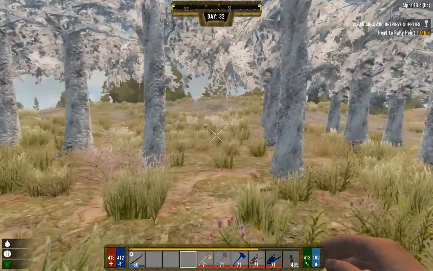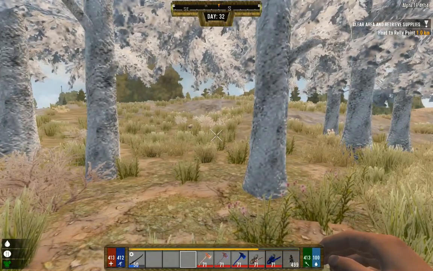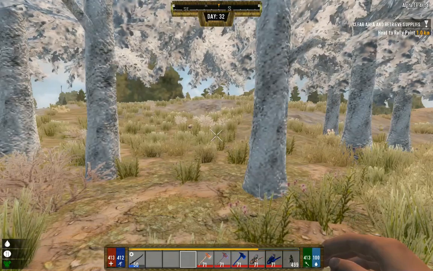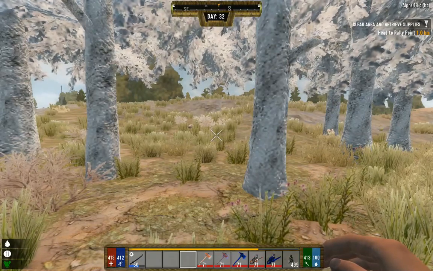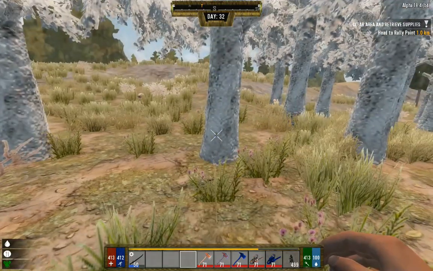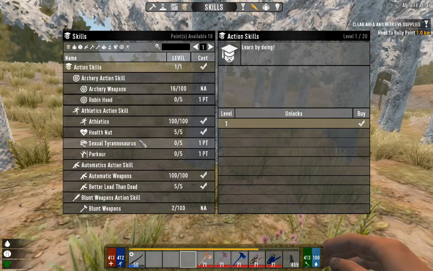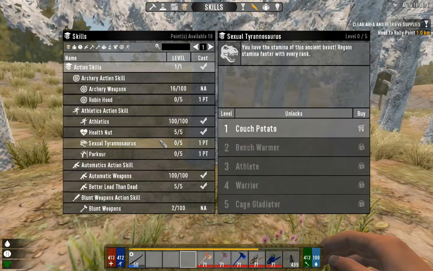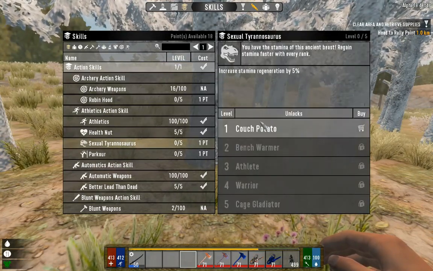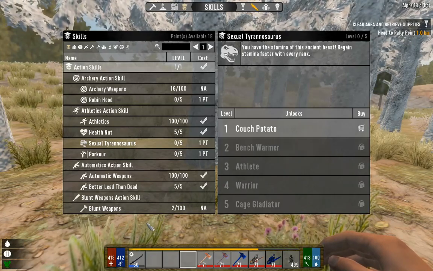So if you guys have a good skill for stamina regen, then you don't have to worry about using power hits. Power hits won't affect your stamina much. But for me, I actually have nothing in that skill, but I just have so much stamina overall that it doesn't matter. But anyway,